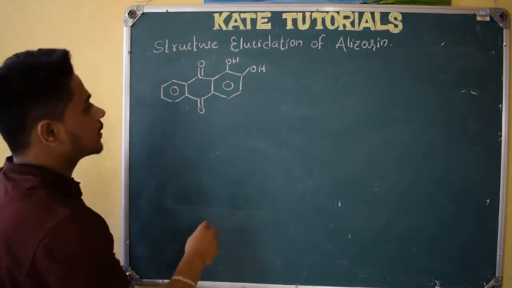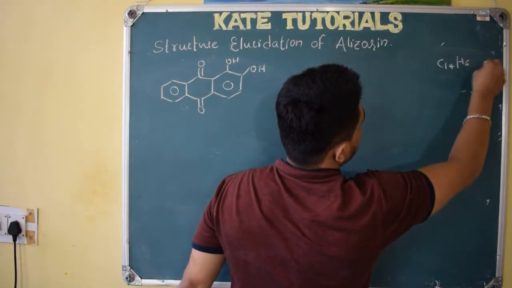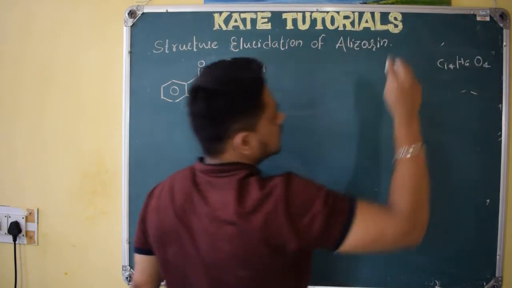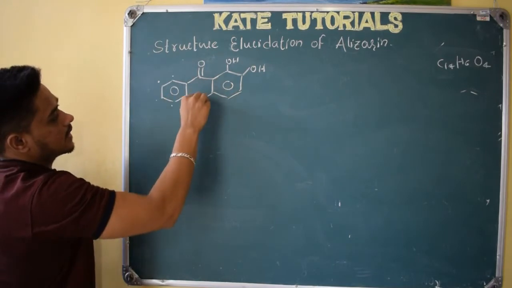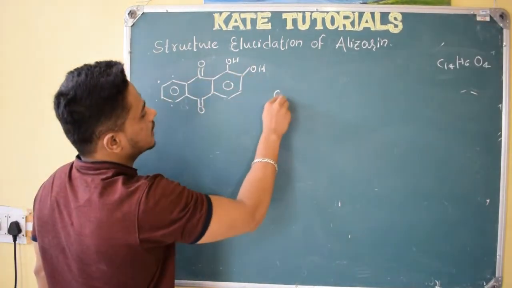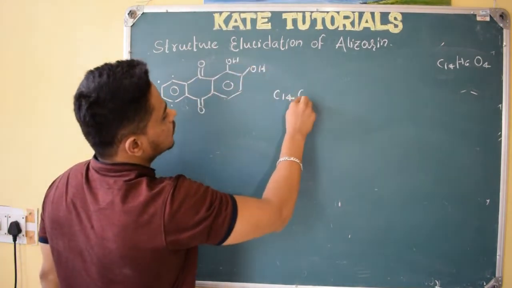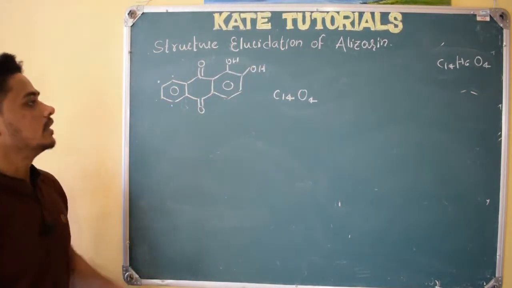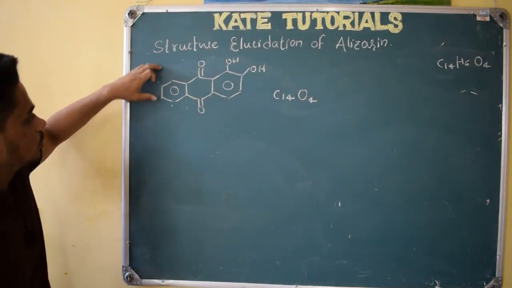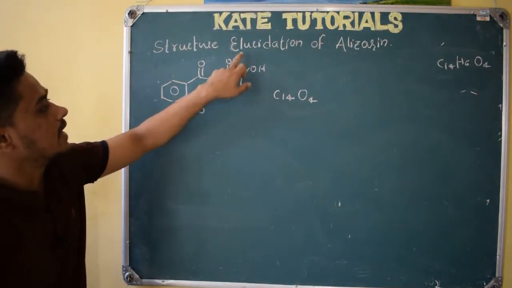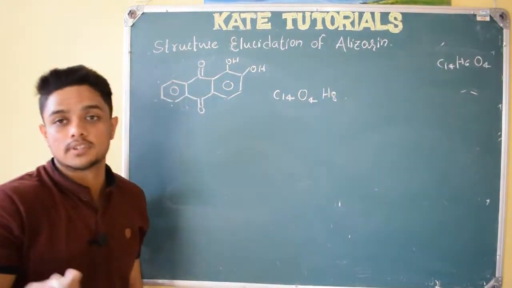If you count the carbon, initially I have given C14H6O4, right. So this is the structure. You just count the carbons here: 1, 2, 3, 4, 5, 6, 7, 8, 9, 10, 11, 12, 13, 14. It is also having C14. Oxygen count 1, 2, 3, 4. So 4 oxygens it has. If you count hydrogen, you will get 2 hydrogens more here. I will tell you the reasons here. 1, 2, 3, 4, 5, 6, 7, 8. You will get H8. But I have written H6. How come, sir? You may ask, right?